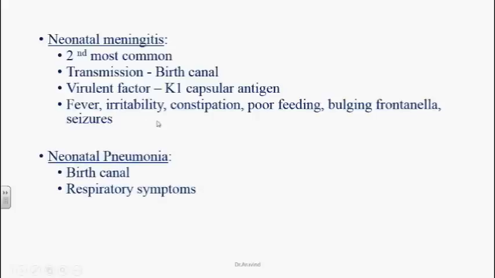And these organisms can cause neonatal pneumonia, especially whenever the babies are delivered from an infected mother. If the secretions enter the respiratory tract of the baby, they can get pneumonia, where we can see fever, chills, and the babies will have a cough with sputum, and in x-rays we can see consolidation and infiltrates. And if this organism enters the bloodstream, there is a high chance of septicemia, because these organisms can secrete or produce endotoxins.